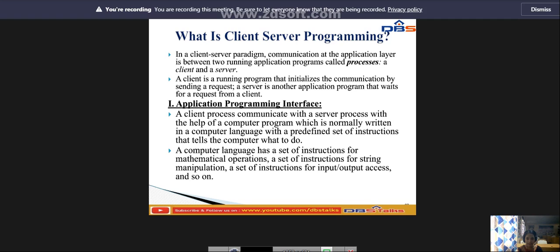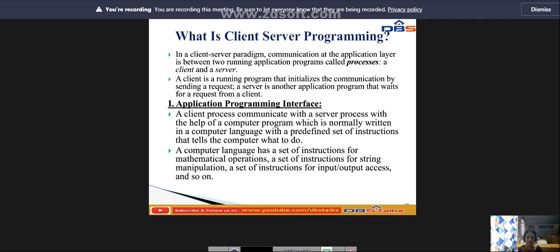A client is a running program that initializes the communication by sending the request. A server is another application program that waits for the request from the client. That is called client server programming.